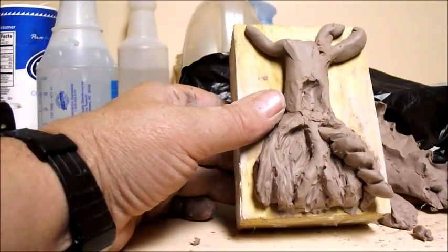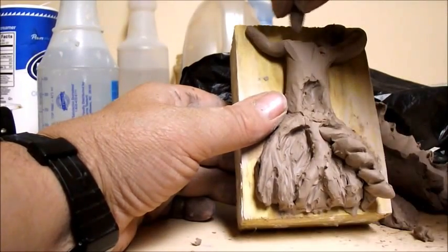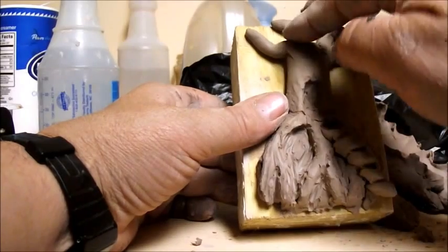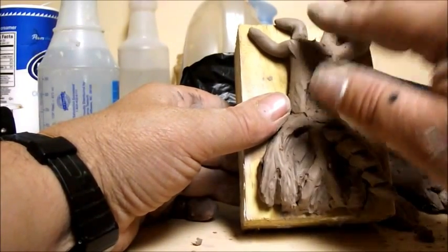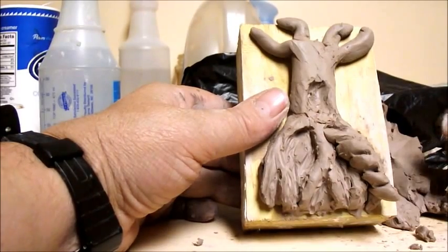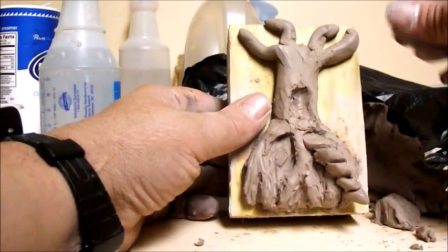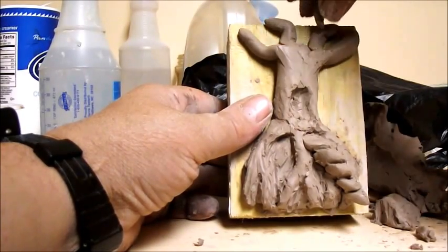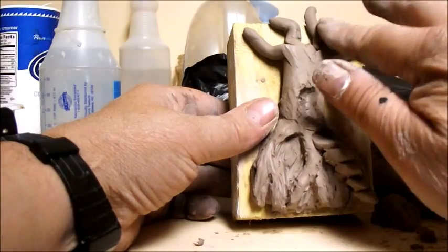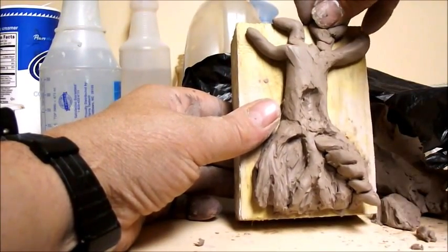And I'm just adding branches almost randomly at this point, just to get me where I need to be to have a treetop going on here. If you get creative ideas popping into your head as you're doing it or watching this, try them out. Most definitely, try them out. Now I'm going to add some little legs, those sprouts or whatever, coming off the top. I need to keep it within the length of the board though,